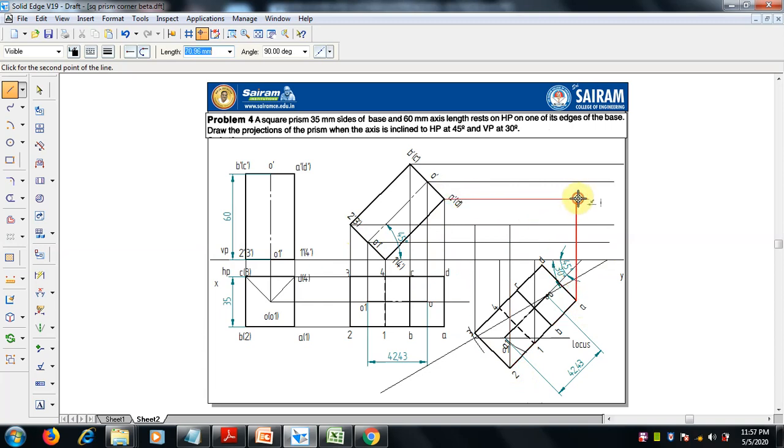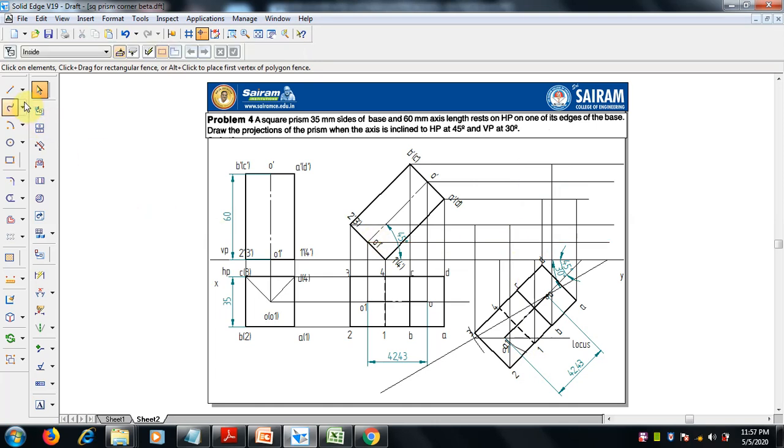A comes here, B will be here, C with C, and D with D. So once everything is over, let us see this. Check that the lines are straight everywhere.